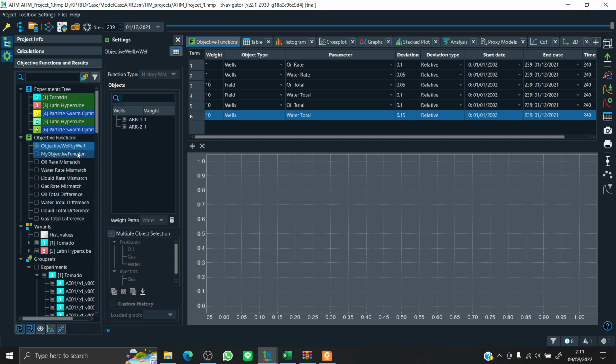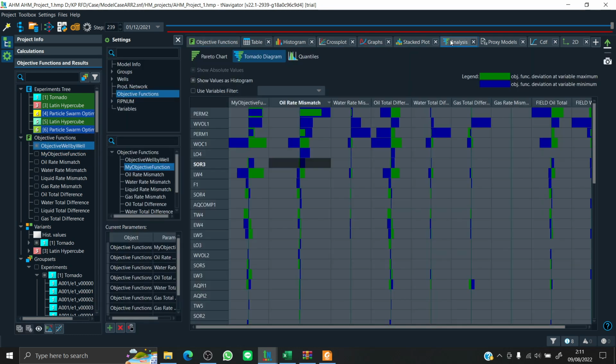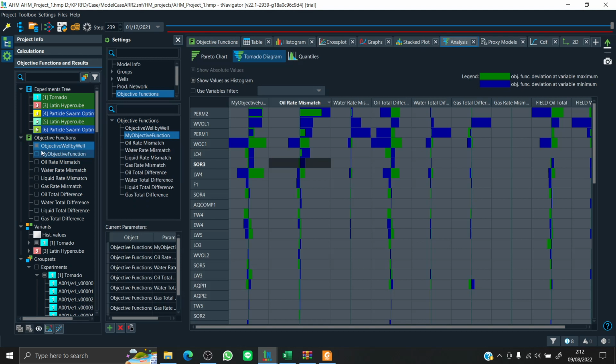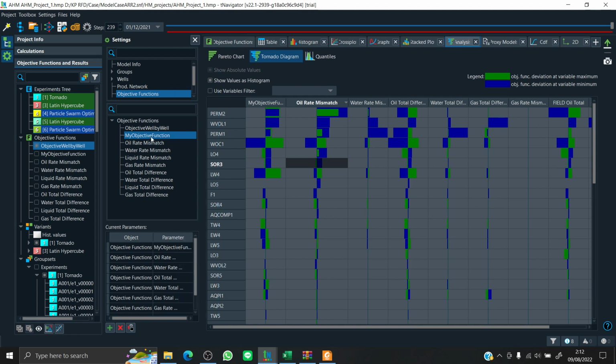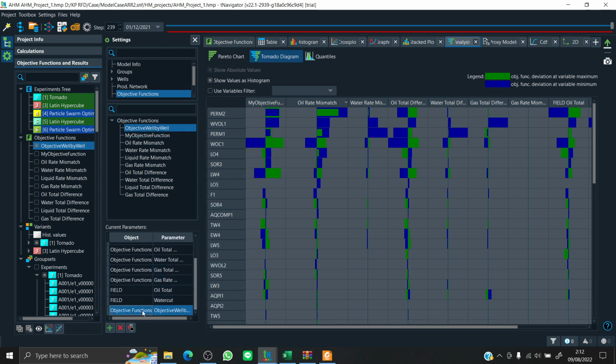These two objective functions are my own objective function. Okay, maybe you want to see what variables are affecting your personal or your custom objective function first. So this objective function well by well is actually new, so I want to see. Okay, so here is my objective function well by well.